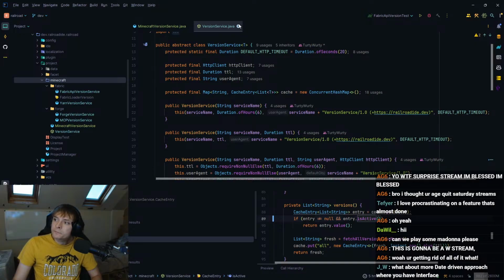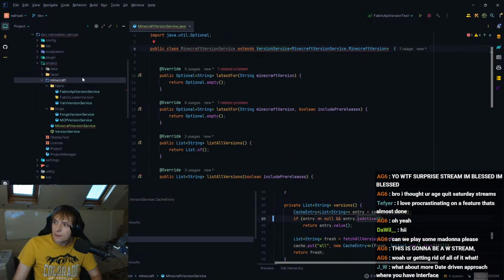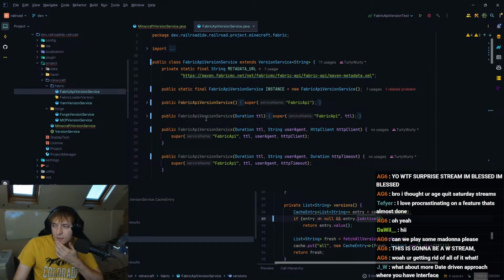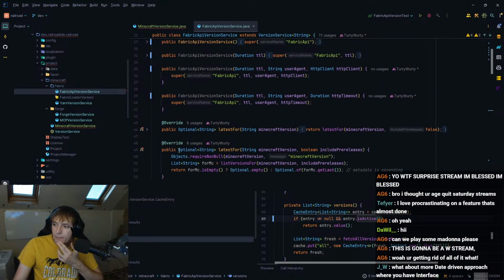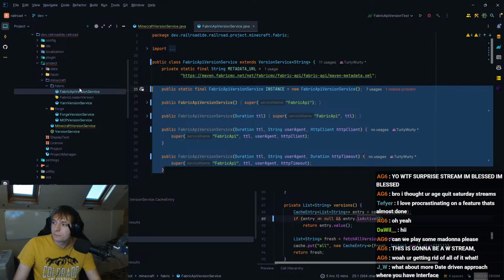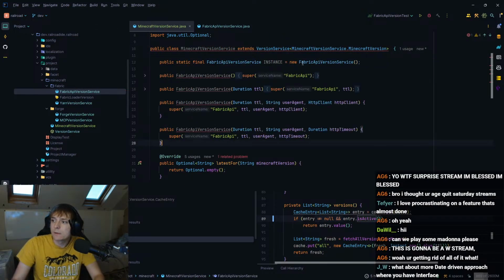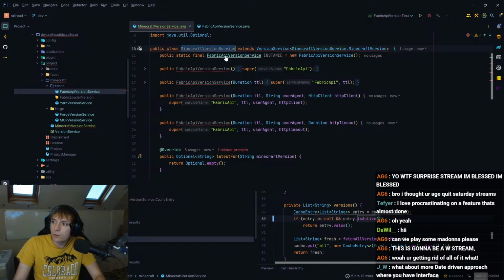Okay. So, I'm going to do a little bit of copy pasting. Because for the most part, all of these services are kind of just the same. They do the same, but they're not close enough that we can just literally have them be the same.